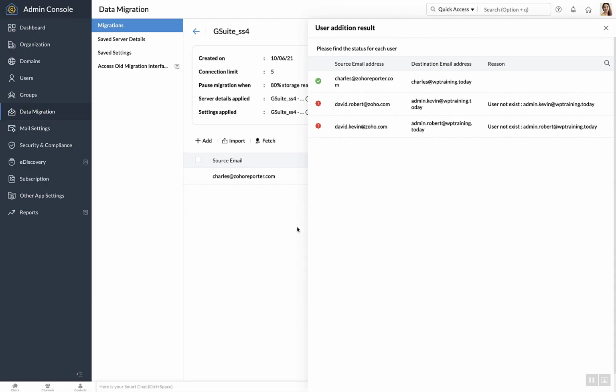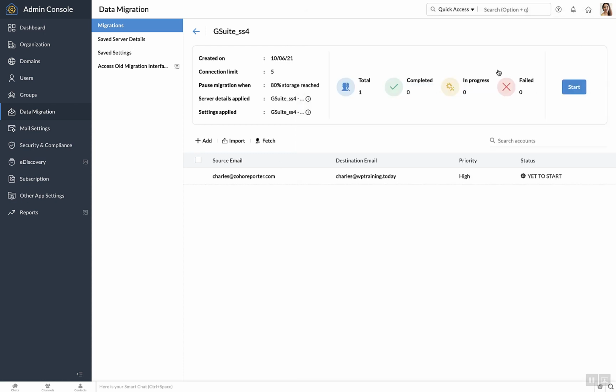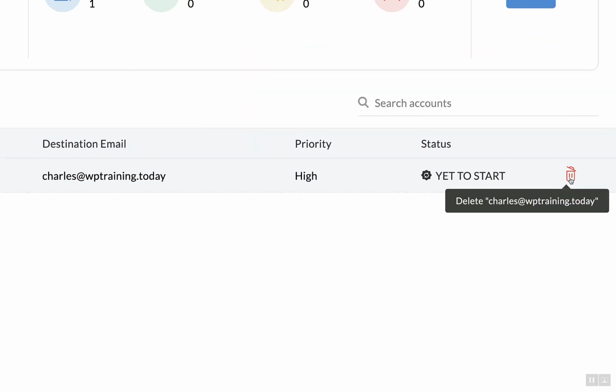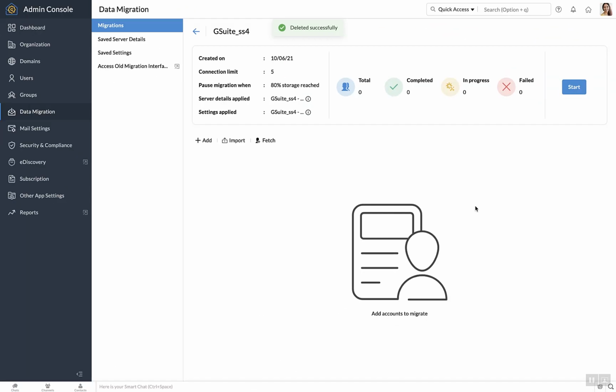Once you have uploaded your CSV file, you will see the users with the right source and destination email address will be mapped and will be added automatically to your migration list. Some of the disadvantages of CSV file is that you can't select the users you would like to migrate. You can delete them after they get listed here by clicking the delete icon, but you can't choose before that